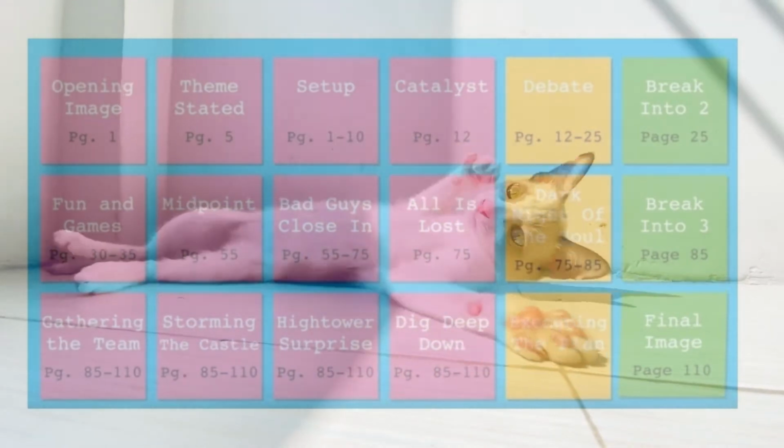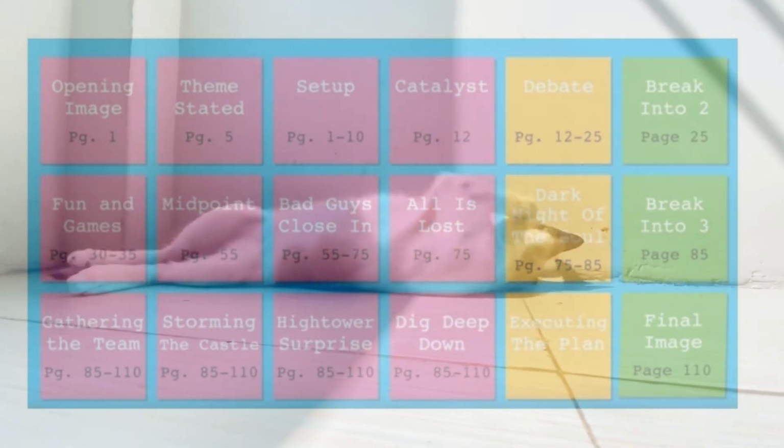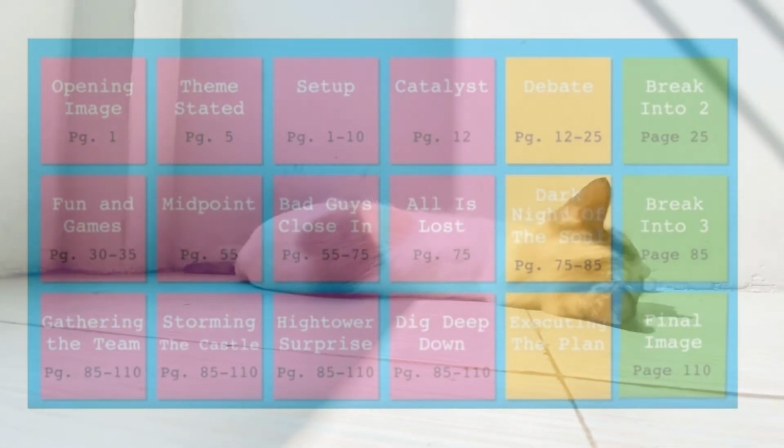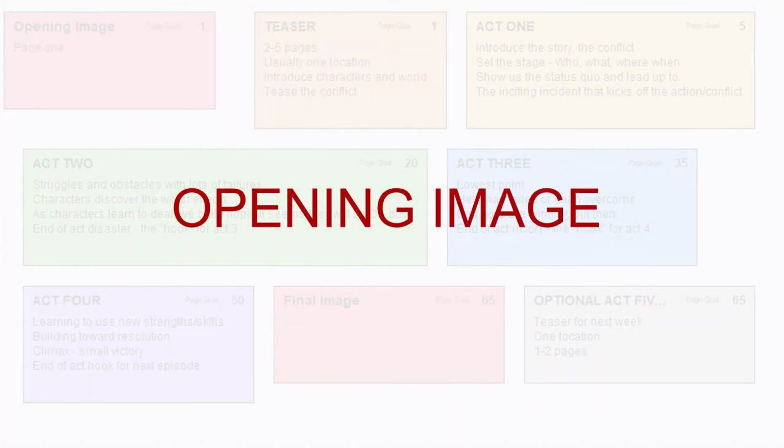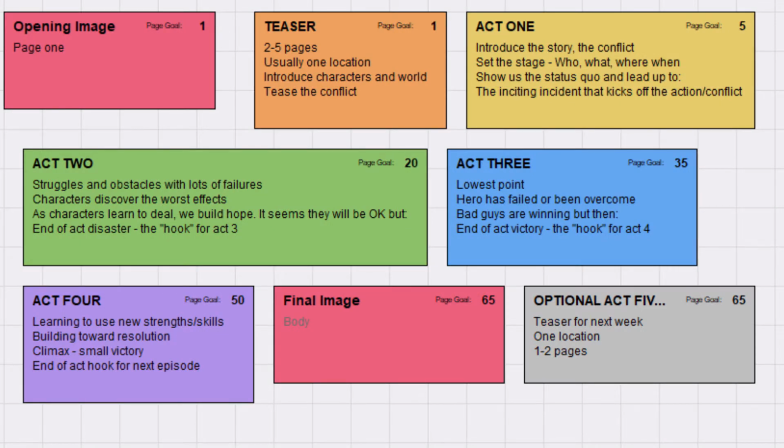All right, so you reviewed Save the Cat structure, and we're going to dive into that in a moment. Let's focus in on these episodic structure points first. I have set this up as a 5-act structure, and we're going to start with our opening image. This is going to be the first thing our audience sees. It's part of our teaser, and we want to give a strong opening image to really hook them right off the bat.